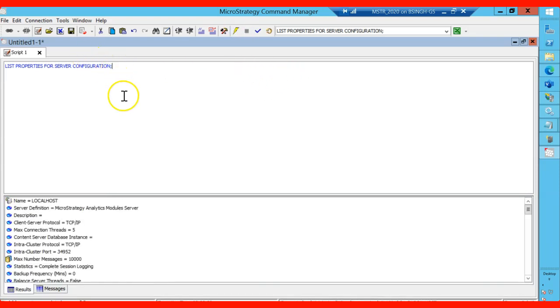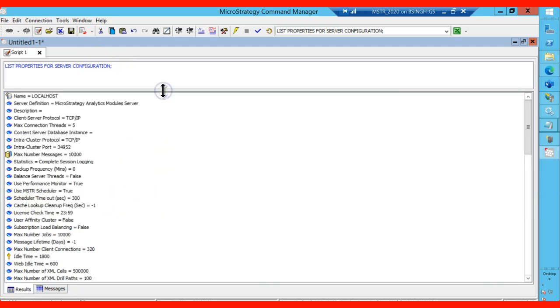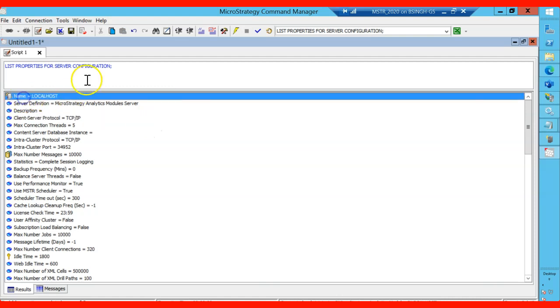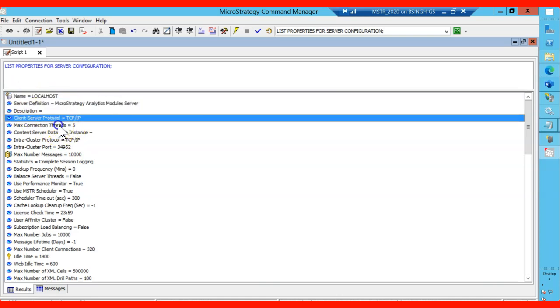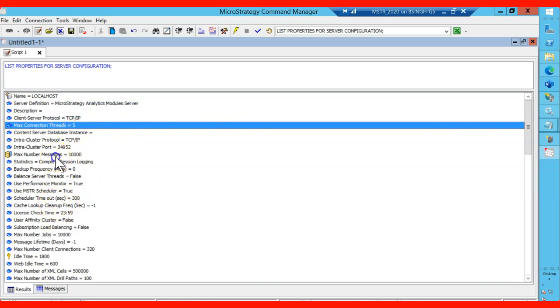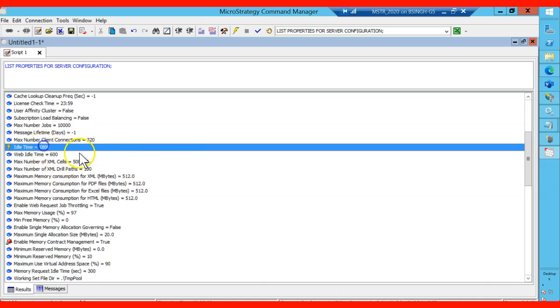Okay, so don't forget this semicolon. It's mandatory, otherwise you will get this error. All right, so it will give you your Intelligence Server properties. Your server name is localhost, your server definitions, your connection threads, and a lot of stuff you can see here. And your idle time, we configured it